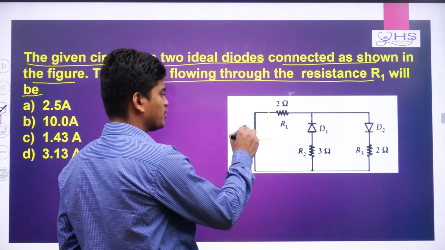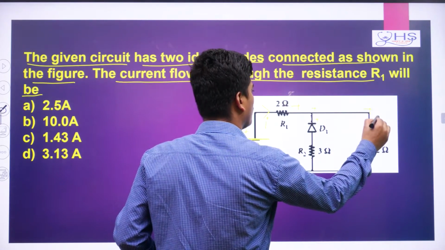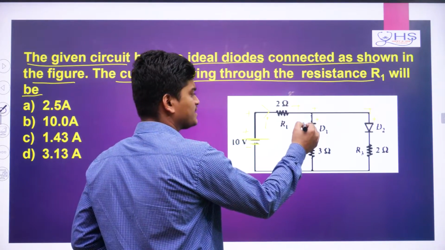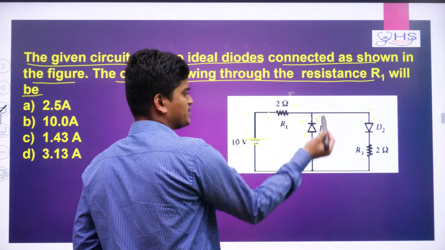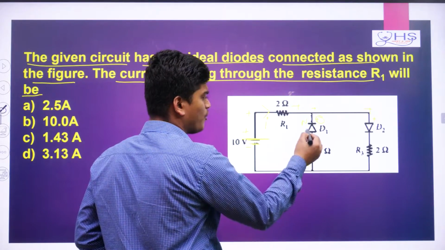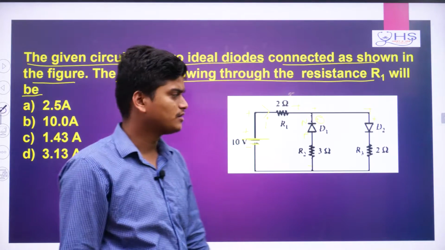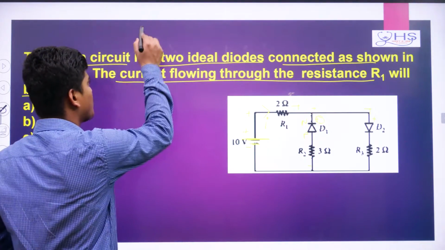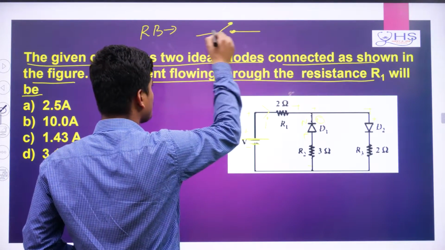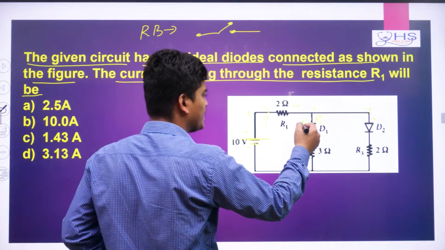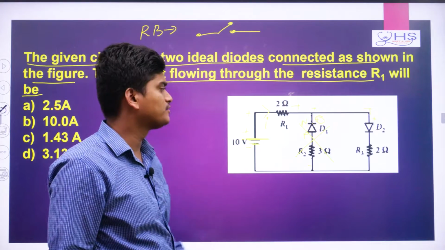Options A, B, C, D are given. Now understand here. This positive terminal I can take up to this, you see, positive terminal can come up to this one. I can tell this is the N side of diode 1 and this is the P side of diode 1. N side is connected to high potential and P side to low potential, so you can tell this diode is in reverse bias condition. Remember, when a diode is in reverse bias condition, it will act like an open circuit. That means you can totally delete it from the circuit, so you should remove this one totally.